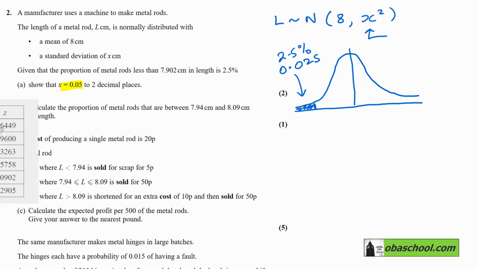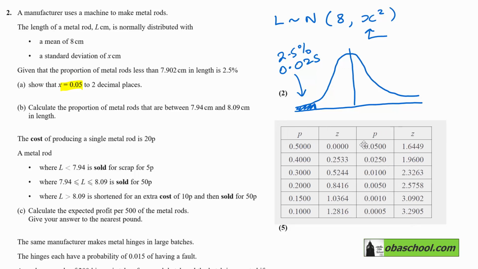So what we can do is look in our table of values, and this is the one that we want here. And we're looking for the 0.025 value, and the z-score for that is 1.96, which means when it's on the left here, remember 0 is here, that is going to be negative